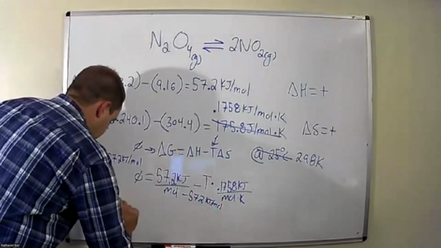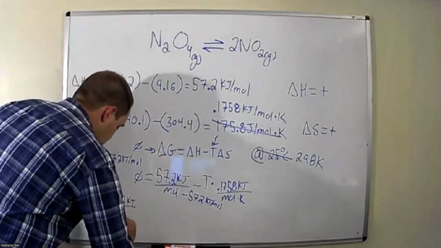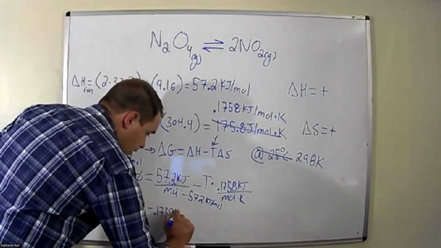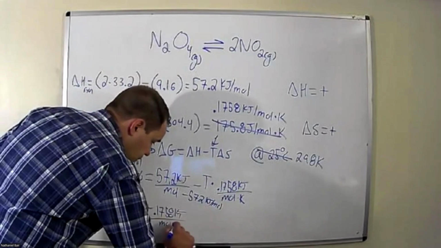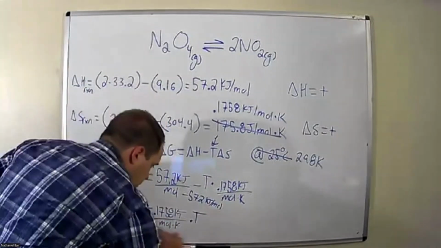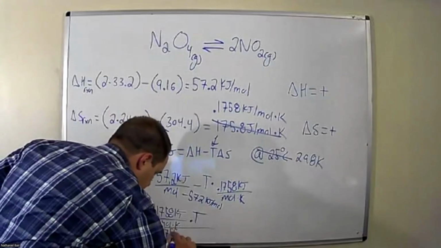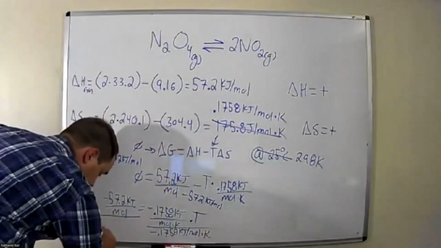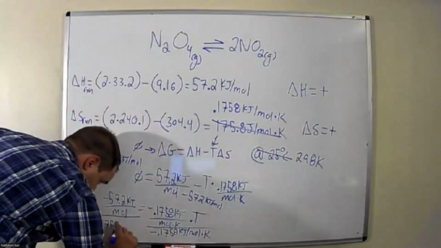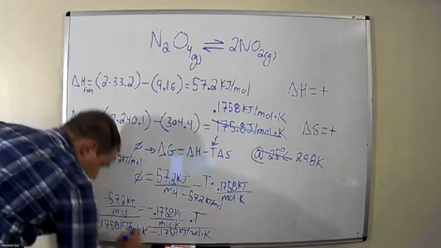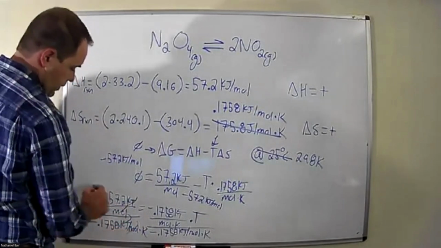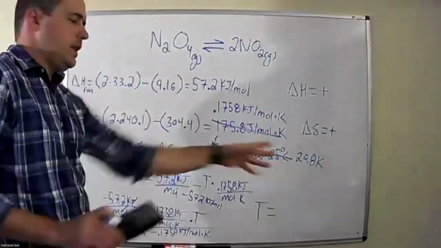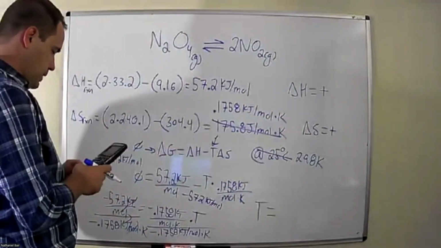So negative 57.2 kilojoules per mole equals negative 0.1758 kilojoules per mole times Kelvin times T. Divide both sides by negative 0.1758 kilojoules per mole times Kelvin. The kilojoules per mole cancel out. Kelvin goes to the top. And the temperature above which this reaction would become spontaneous will be, drum roll please,